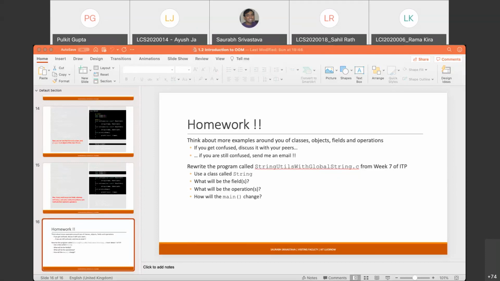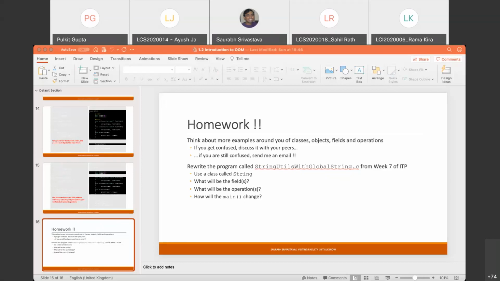So please don't be worried if you are a bit confused. Confusion is good. If you are confused, it means that your brain is working, and you're trying to grasp a new concept. Don't be worried about confusions. You are learning a new programming paradigm, and it might be confusing. It's perfectly fine. Tomorrow we are going to look at some parallel examples, the same example in C and the same example in C++. So some of your confusion will get better tomorrow.